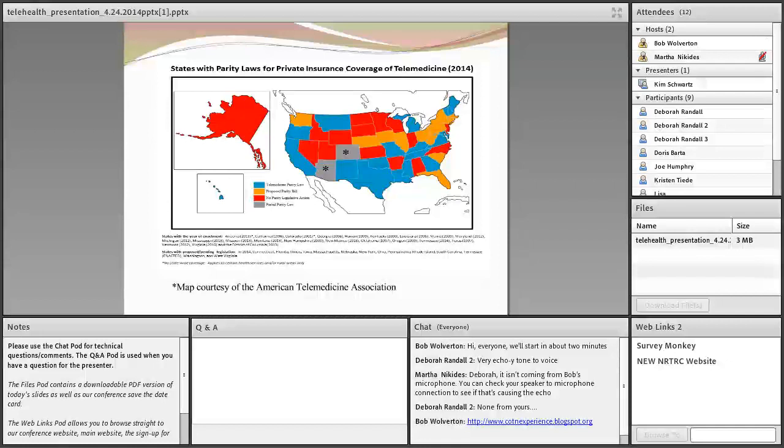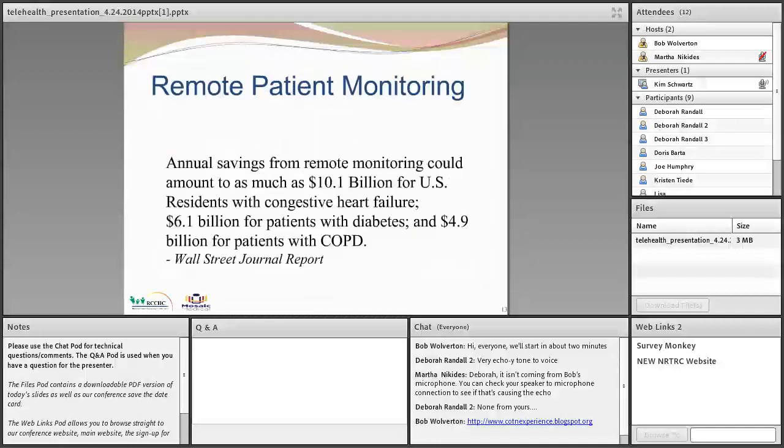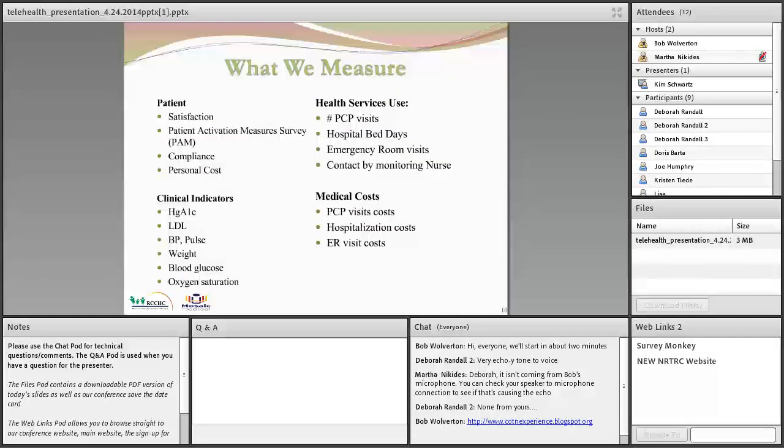Joe has another question. Are you reporting out quality metrics, HEDIS measures, A1C, BP? Yes, I think we have a graph on there of the things that we're measuring. So patient satisfaction, and we actually do provider satisfaction. We use the patient activation measure survey, called the PAM, to gauge the health literacy of the patient so that we know how to target our relationship impact to the patient.